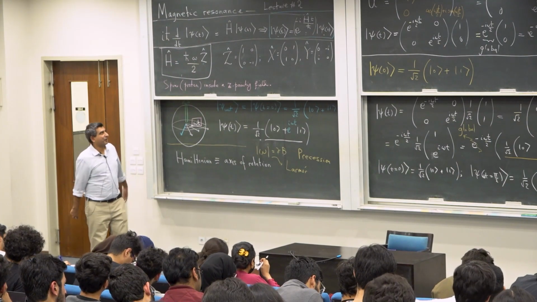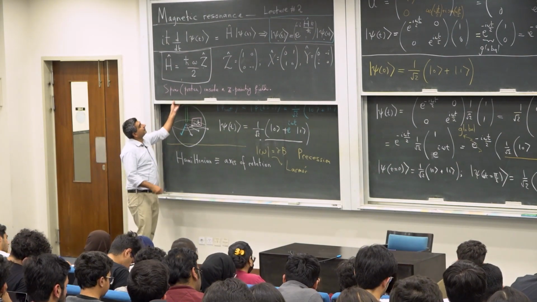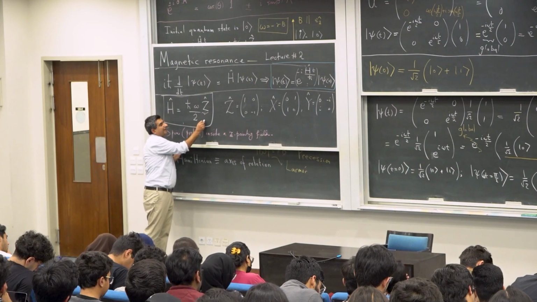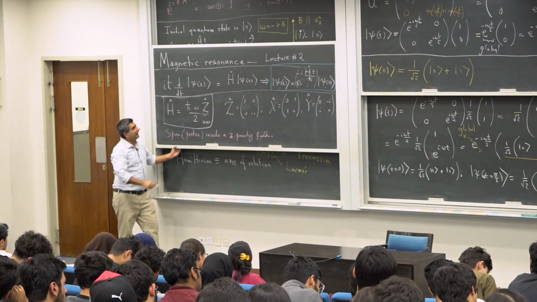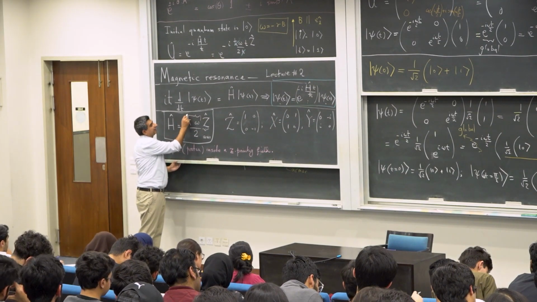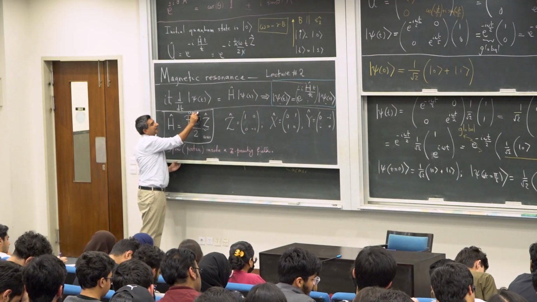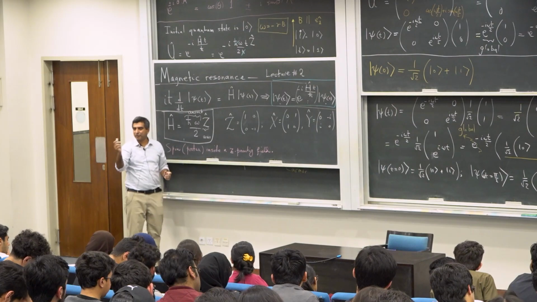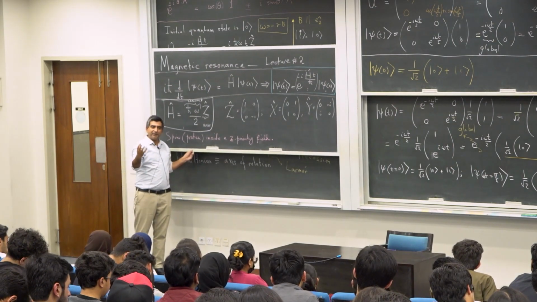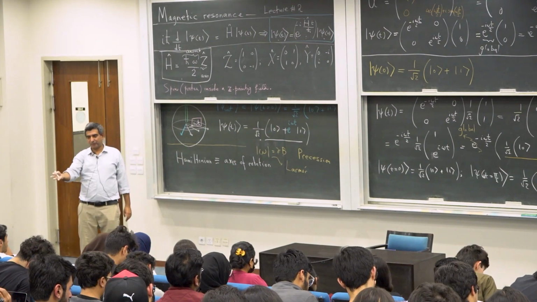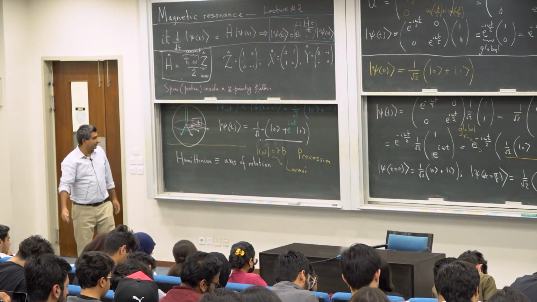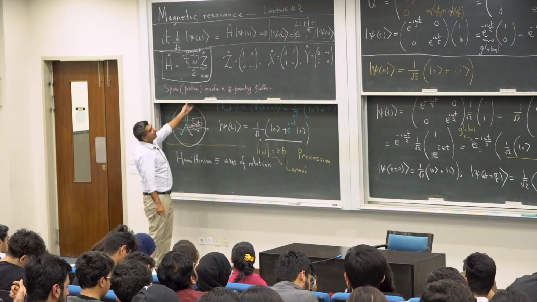And it also defines the amount of rotation, because this part defines the axis and this part defines the amount of rotation together with time. Omega t defines the amount of rotation. So the Hamiltonian tells you the amount of rotation and the axis of rotation. So if I were to analyze this,